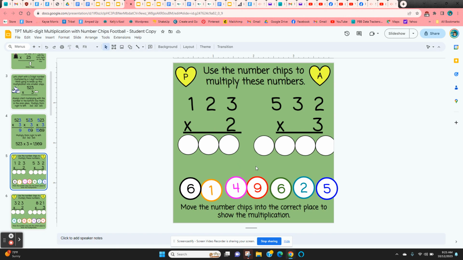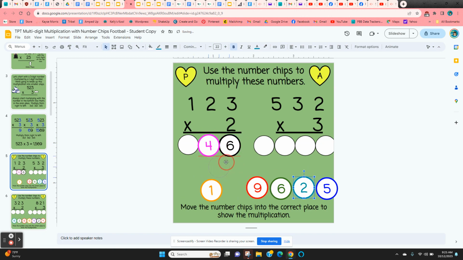So to move the number chips, they just click and hold on the edge. Now here from right to left, 6, 4, and 2. And do the same thing with the other problem. 6, 9,